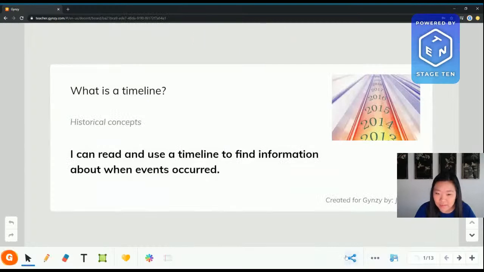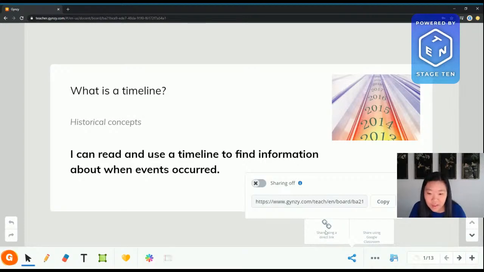So once you have a saved lesson, which we had earlier when we started this, you'll get this share icon here. This is the one that I skipped over earlier. So we did get a few questions on this, so I'll go over this in more detail. So with this, you can share using a direct link. So if you click on this, you can turn sharing on. So if you have it off and someone gets this link, they won't be able to see it. But if you have it on and you send this link to someone, they will be able to open it